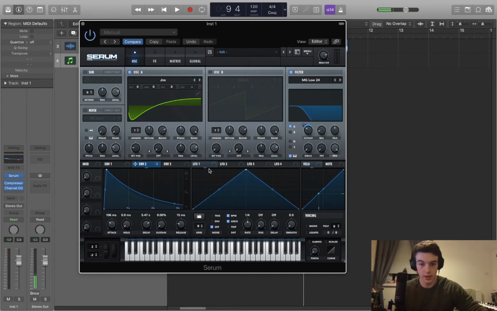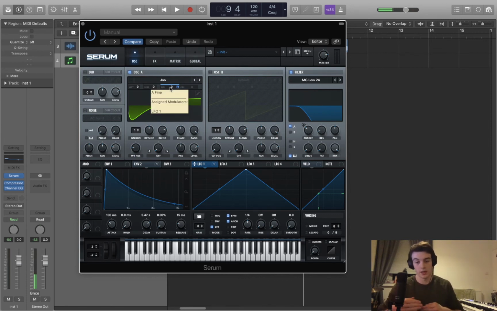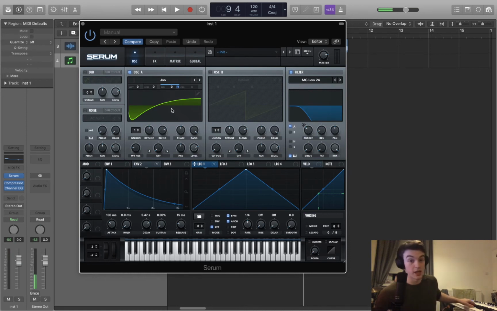Next, we'll try and see if we can add some further modifications to the overall sound. So something I like to do is use an LFO to control the fine pitch of the oscillator. The fine pitch is how much the pitch is going slightly sharp or slightly flat. In this case, this is going to be very exaggerated because that blue line is indicating how much it's going to be changed basically. See, so it's got that really wavy feeling, but what I want to do is create a vibrato effect by just turning that down all the way to at least 5,